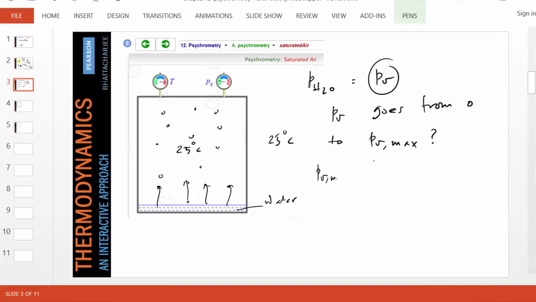PV max equals the equilibrium pressure at, we know temperature is given, 25 degrees Celsius. If you recall the PT model, there is a direct connection between equilibrium pressure and equilibrium temperature, and that's called